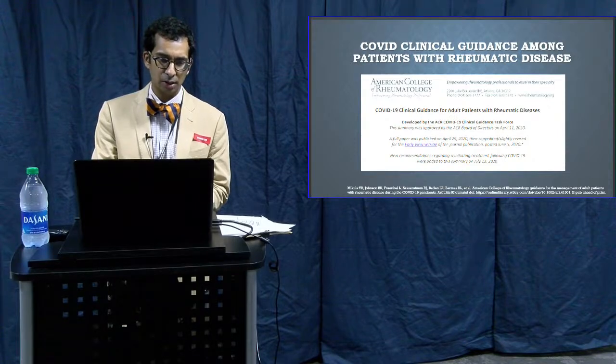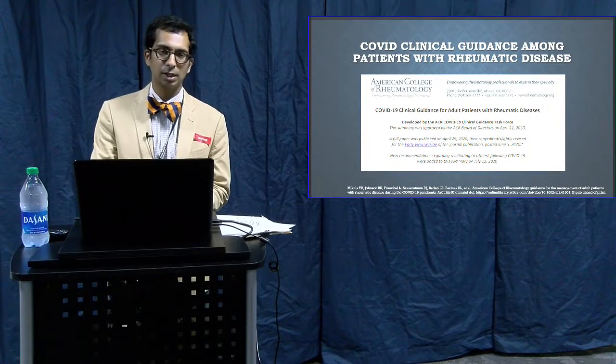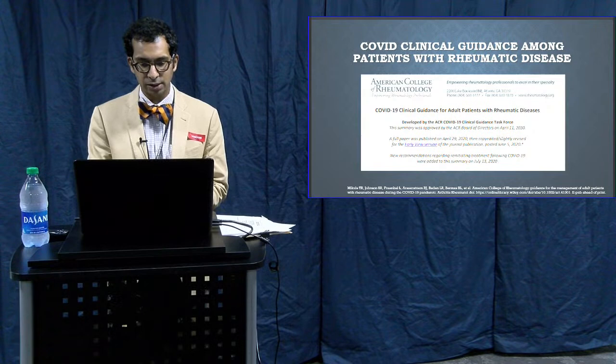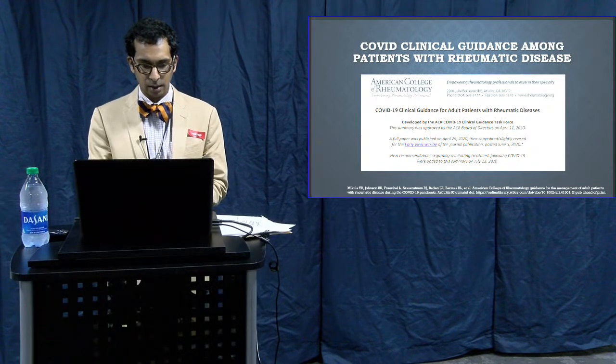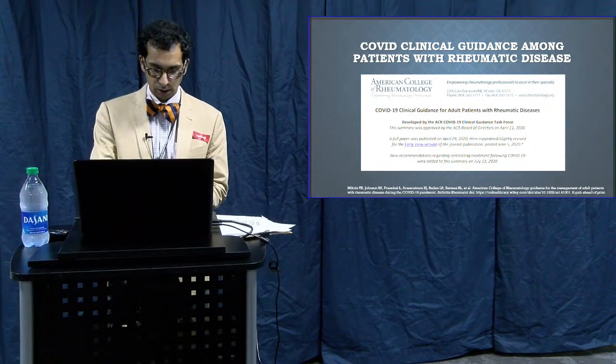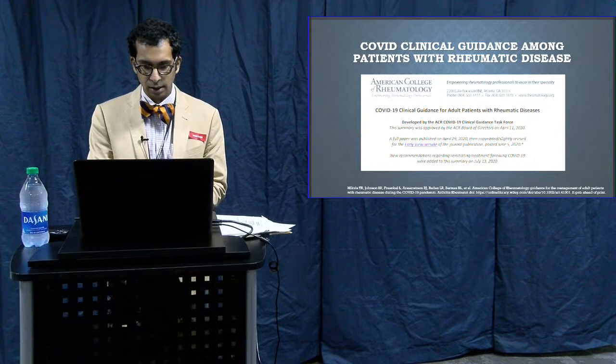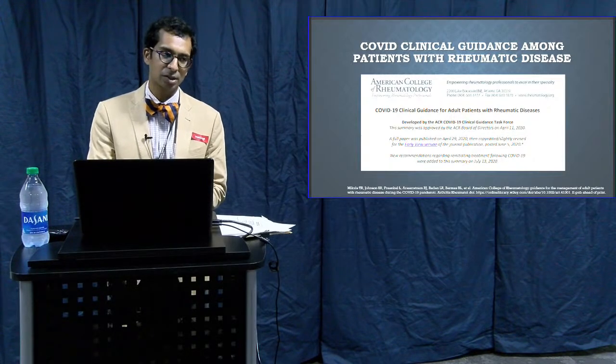Just one last point in the context of COVID. I think the American College of Rheumatology has done a really nice job of creating a document where they provide clinical guidance for patients with rheumatic diseases. And the link is at the bottom of the slide, and it's only a few pages, and I think it gives